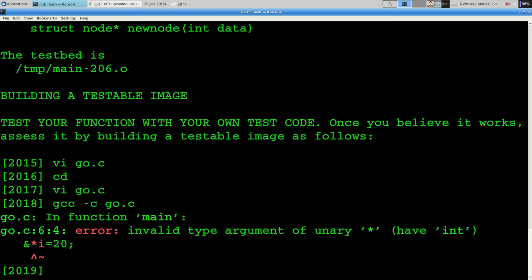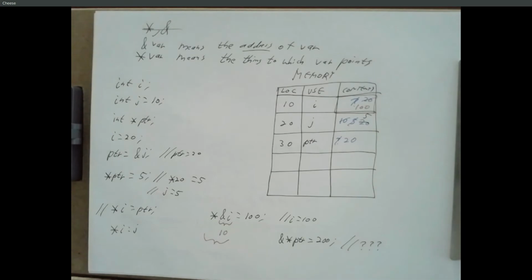Yeah, it doesn't like that. Even if it did like it though, there's a good chance that this would give us a seg fault. So yeah, let's do the seg fault ones now. Let's do